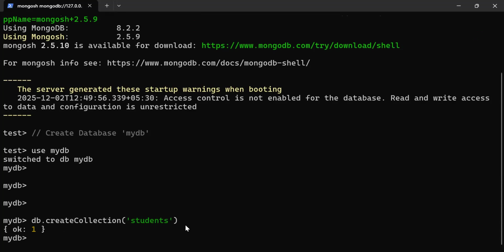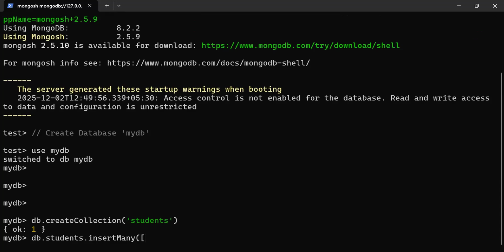How will I insert it? To insert that, please follow this one step, it is your query only, right? So how will I do that? db dot, what is my collection name? Students, db.students dot. Since I need to insert 5 or multiple documents, I will write here the insertMany command, right? insertMany, and then you have to use